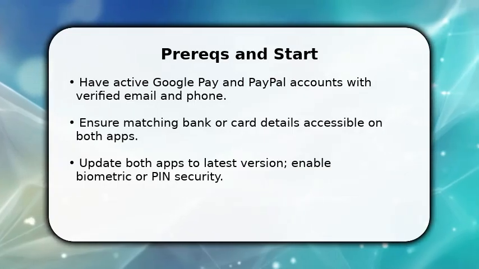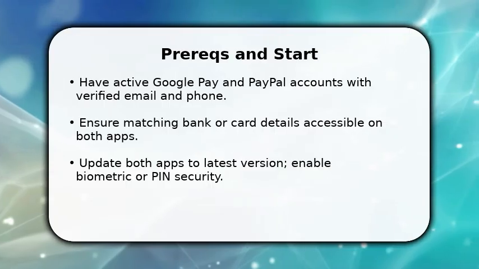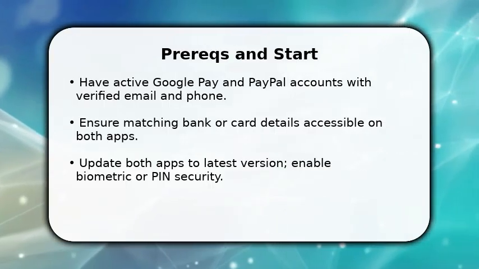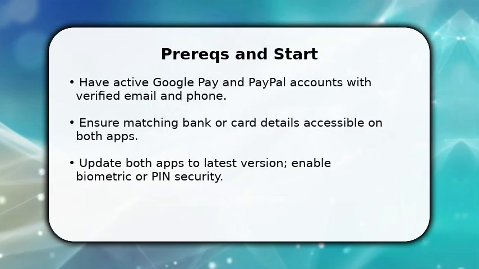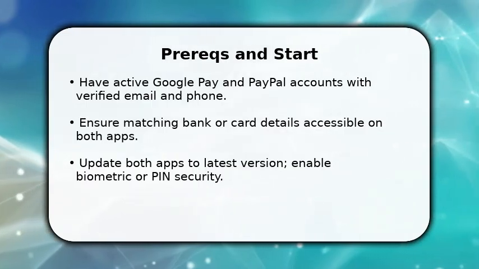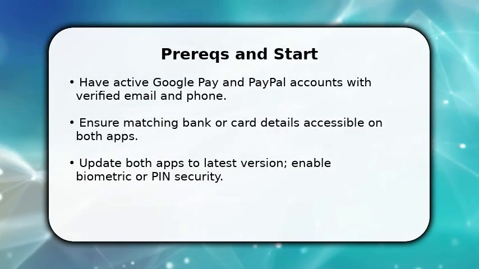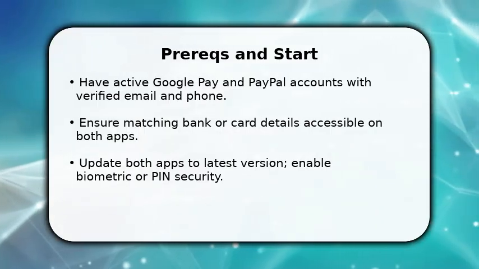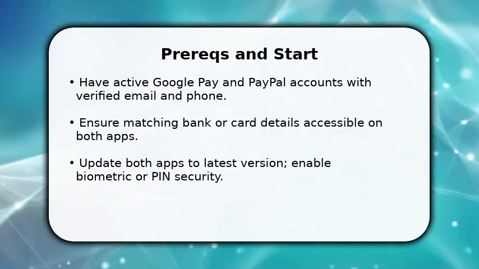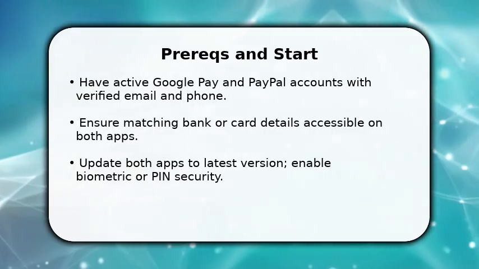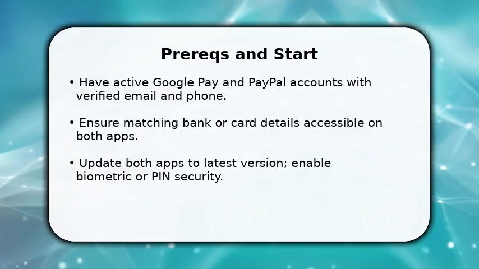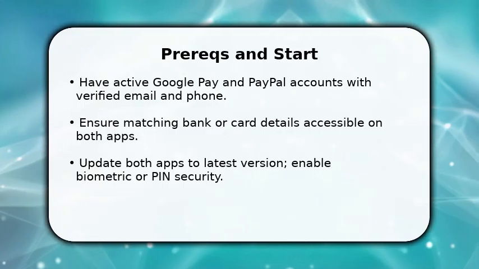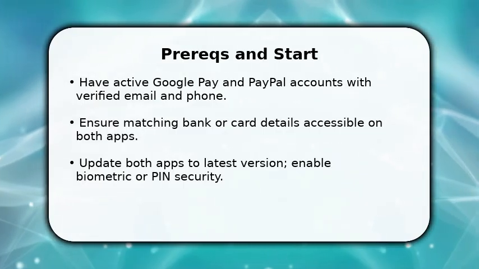You begin by confirming the essentials: a verified PayPal account and Google Pay set up on the same phone. Once done, make sure the card or bank you want to link is already added to PayPal or available to add. Open Google Pay and sign in. You'll need to allow permissions for contacts and payments so the apps communicate. This step speeds the process and prevents verification delays, because mismatched info is the most common blocker when you try